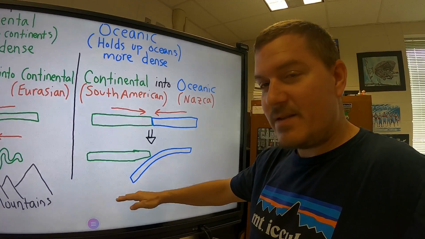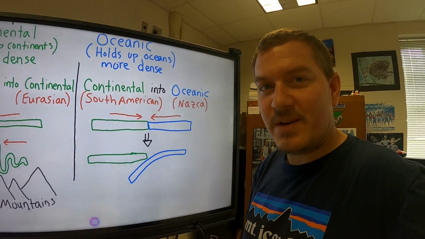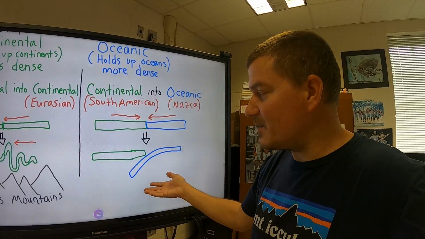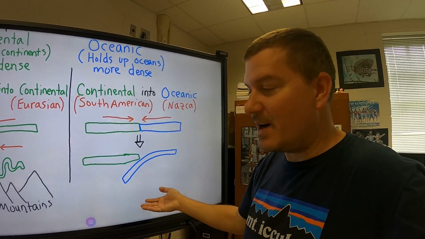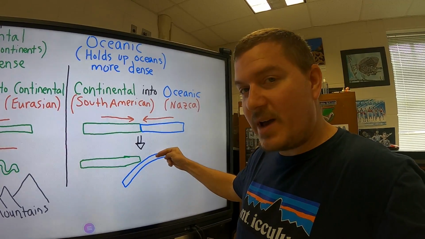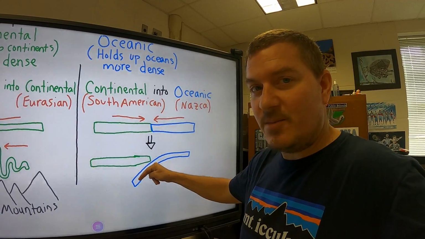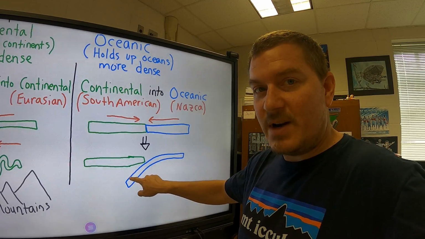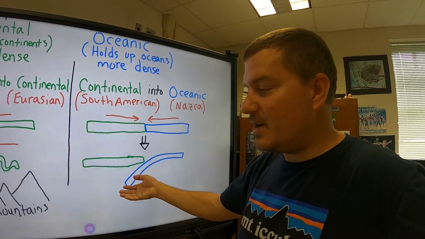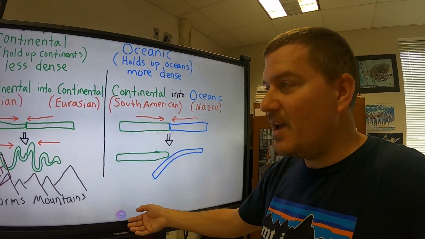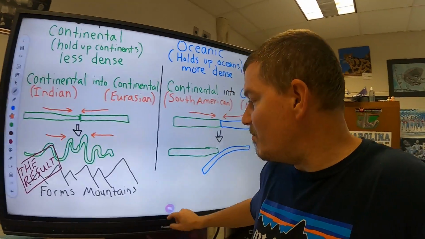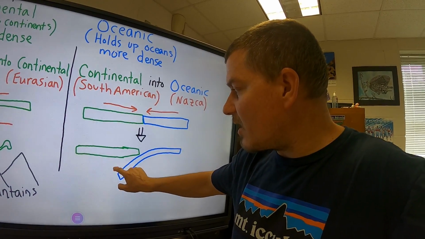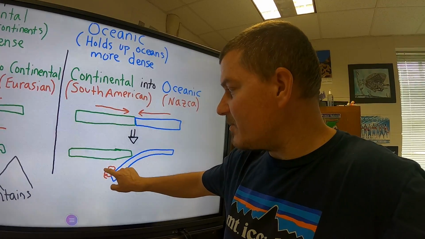Well, what's down underneath this crust? We've already looked at that with the convection currents in the mantle, right? We've got the mantle, liquid rock, a really hot area. So as this oceanic plate is pulled down underneath the continental plate, this leading edge of the oceanic plate is going down into liquid rock, into magma. It's going to get heated up and it's going to start to melt into liquid rock also, creating more magma